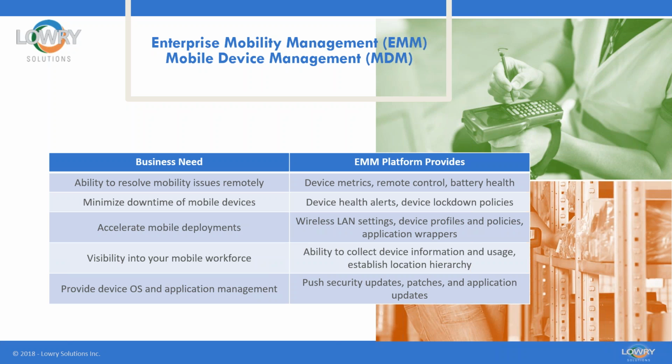The reason these are so important, for example the ability to resolve those issues remotely, is that you're mitigating a ton of costs by being able to just log in remotely through a portal through one of these services, such as MobiControl. The other thing is you want to minimize the downtime of the mobile asset. It's a really nice way to have a centralized view of all of your devices and all of the locations, the health statuses, get the alerts, and be able to lock down policies. If anything is breached, you can make sure you lock down that device before it infects other devices. That's really critical to be able to have.